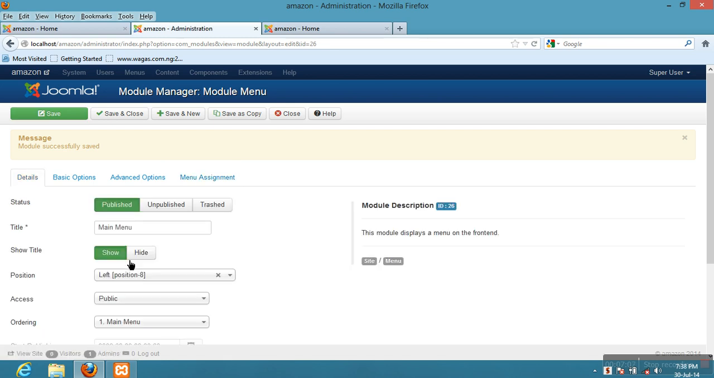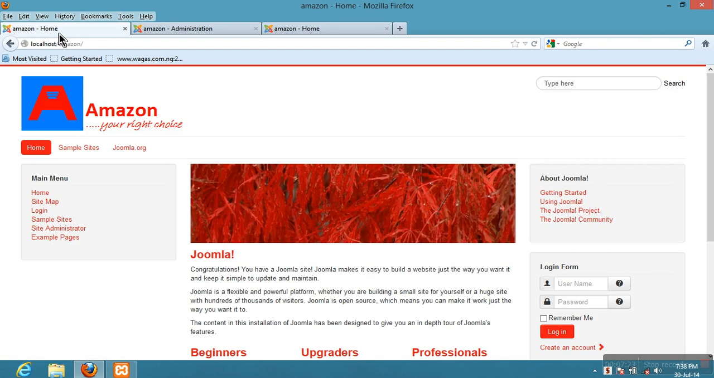Alright, once I've clicked on save, I think I am done here modifying or managing this particular module called the main menu module. Remember, it was formerly this site module, but now I have changed it to main menu module and actually changed the position from being here to being here. Alright, this is all we'll be doing in this particular video